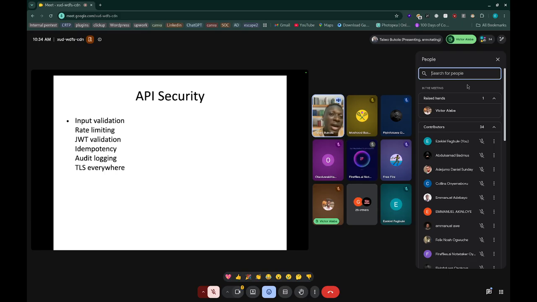So you rate limit your API. What rate limiting does is minimize the number of calls that an IP is allowed to make, either per second or per minute. Most of the time it is set by seconds. So you are saying, okay, I want this endpoint to only allow 2 requests per second for the same IP address.